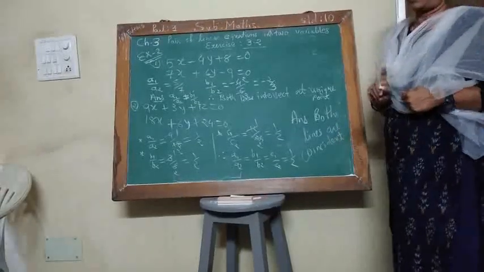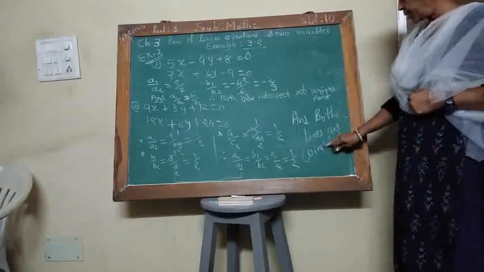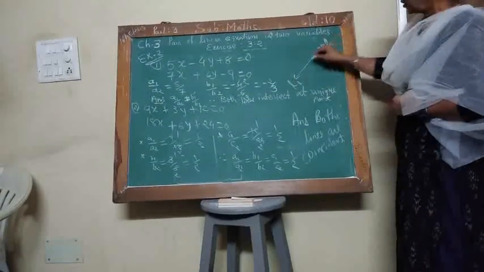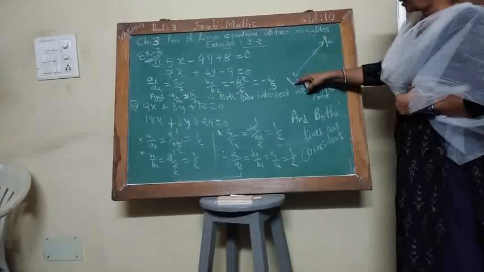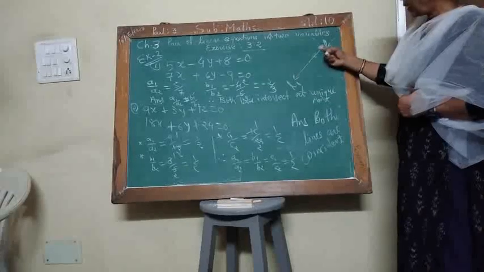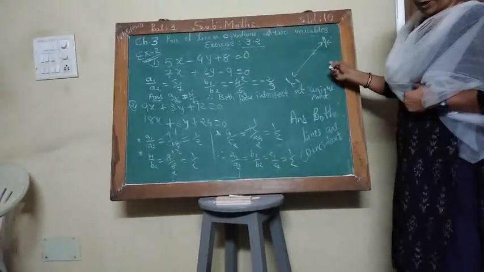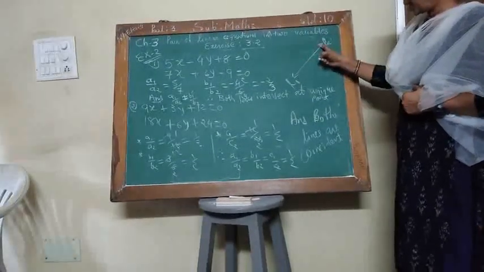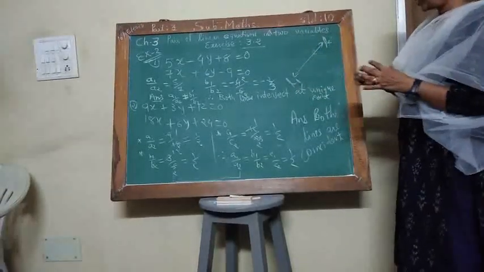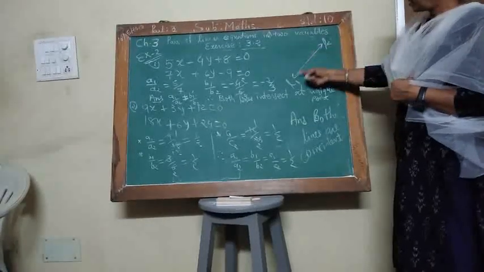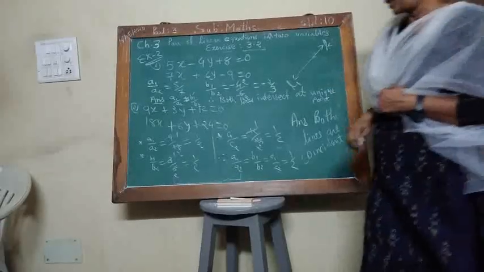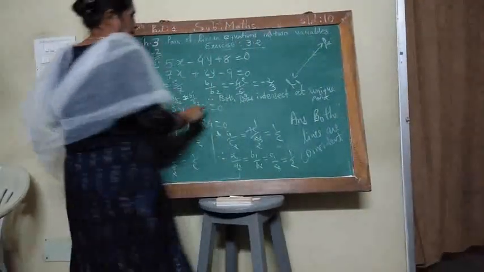Coincident and consistent have different meanings. Coincident means the same line, L1 and L2. If you draw the table, whatever points come for L1, you get the points of the other line also. Together both tables lie on the same line. So L1 and L2 are coincident lines, and here, intersecting lines.